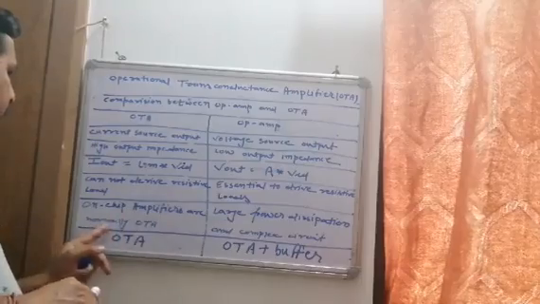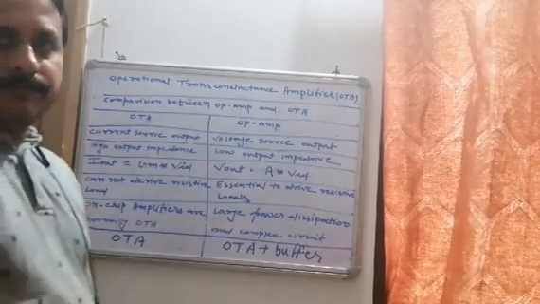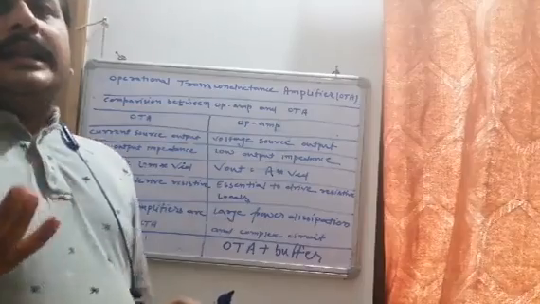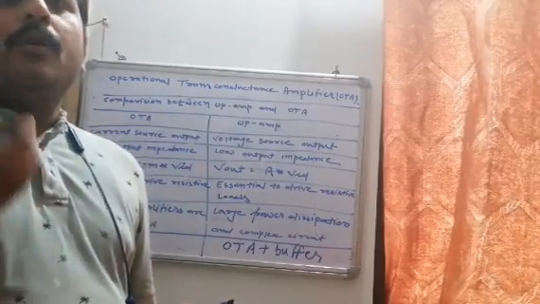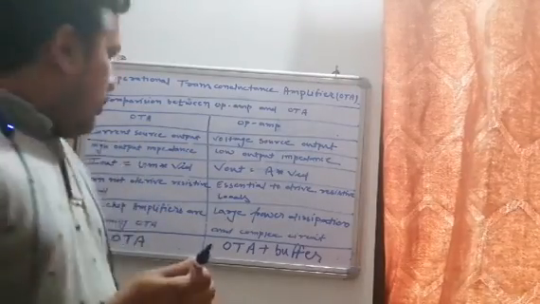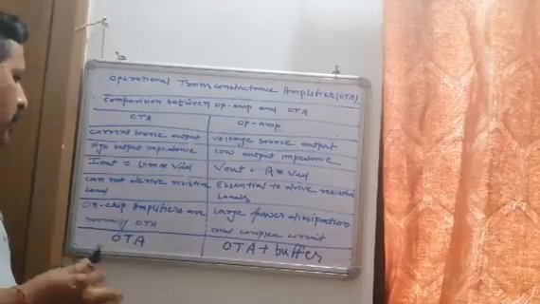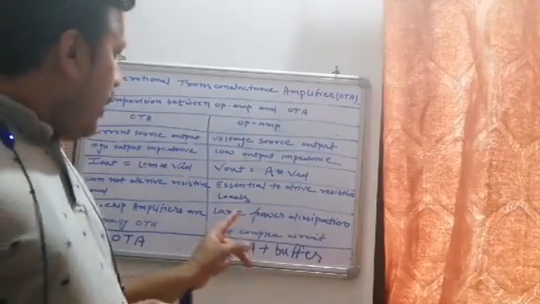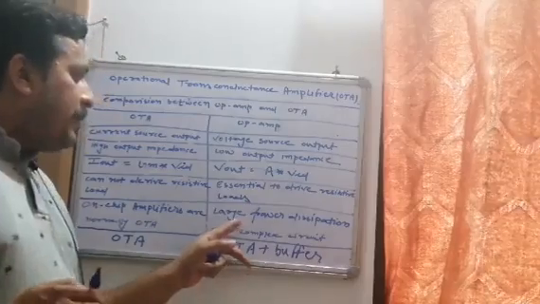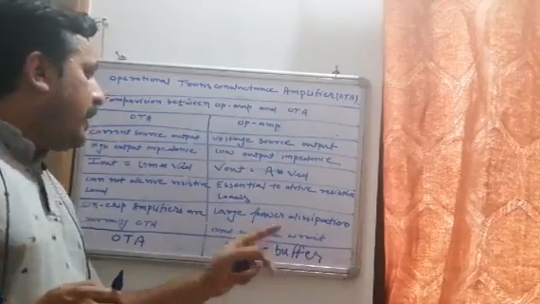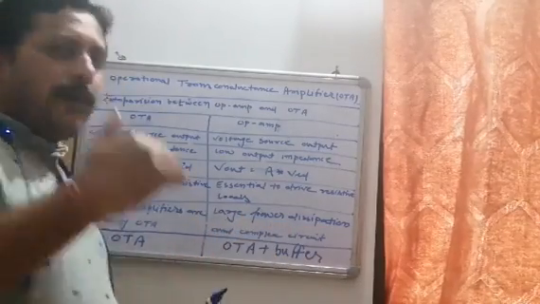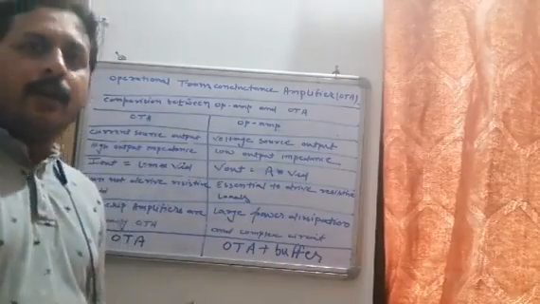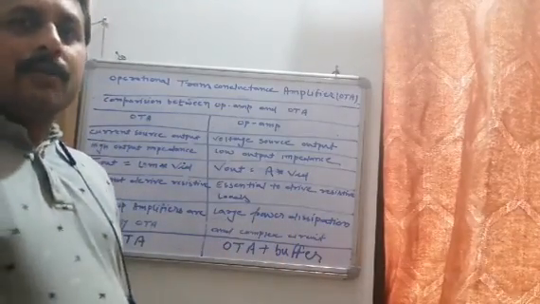On-chip amplification normally uses an OTA, because we require less power in on-chip applications. So we normally use OTA in on-chip applications. In the case of an operational amplifier, there is large power dissipation and a complex circuit, because one extra block is available in the operational amplifier, that is called a buffer.